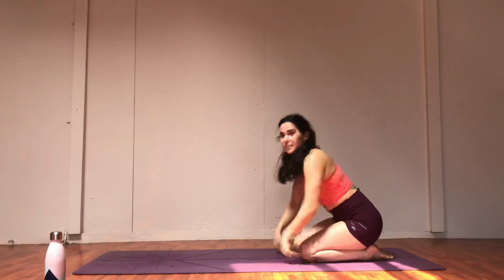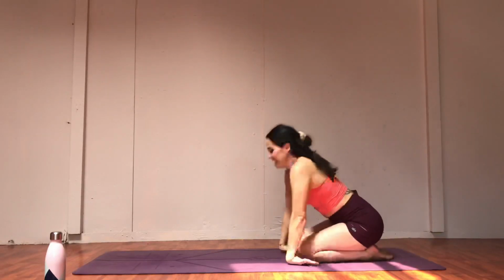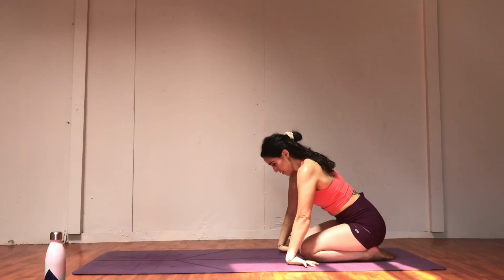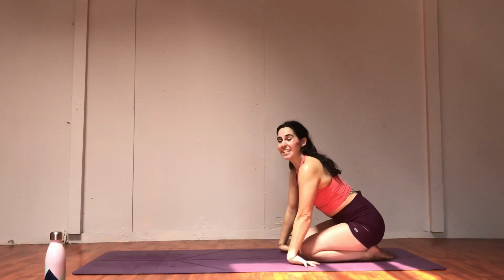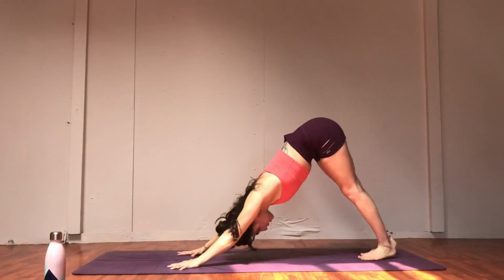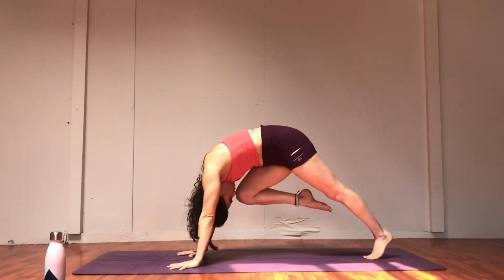Flip the palms upside down, take a little counter stretch on the wrists. We're going back to downward facing dog. Wiggle the fingers, weight down, shoulders press away from the ears. Come back to your downward facing dog. Spread your fingers. All right, this time, we're gonna take a knee to nose, and then you're gonna tuck the